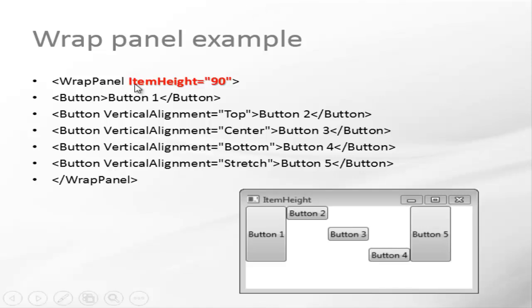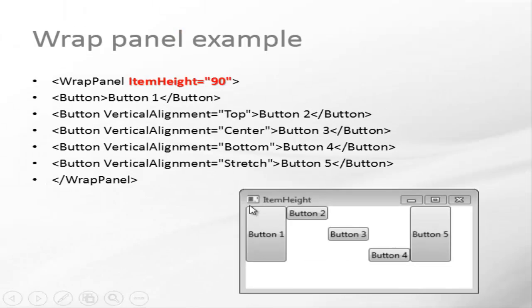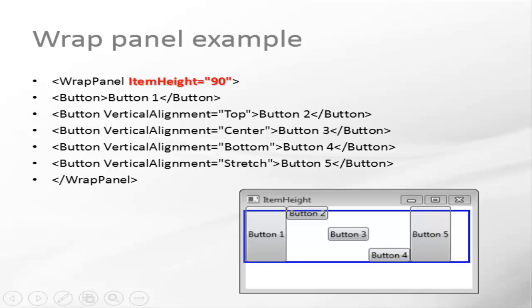What is specified here is item height is 90. So you are saying one item will occupy the width of this region from here to here, which is 90. The next set will come again 90. So the components will be placed. So you are just saying